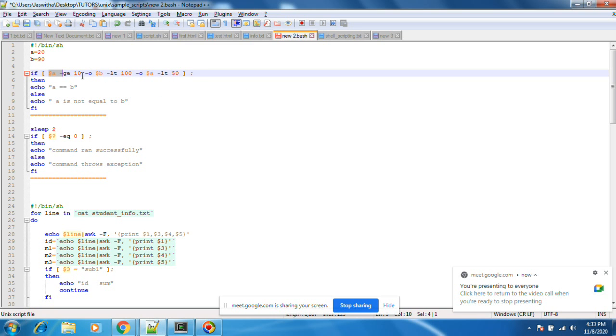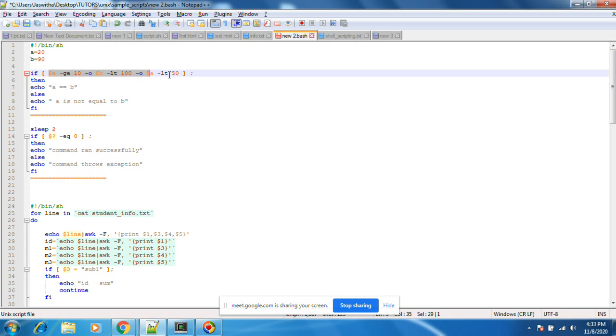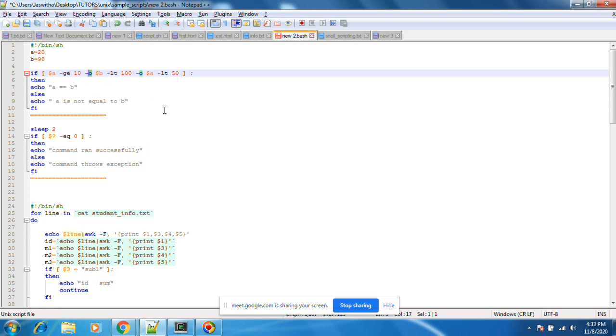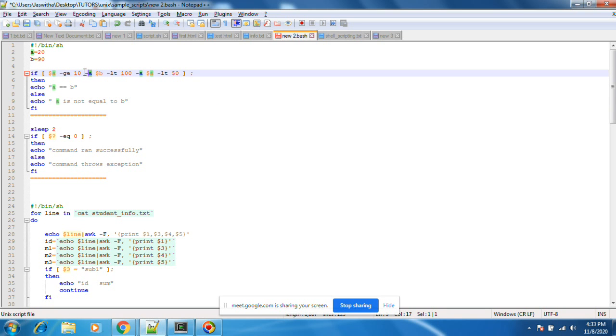In the or case, if any one condition is true, then it will execute this condition. If all the conditions are false, then only it executes. The and case works the same way, like a set: if all conditions are true, then only it will execute. If all three conditions are false, only then it will run. -o will also work.